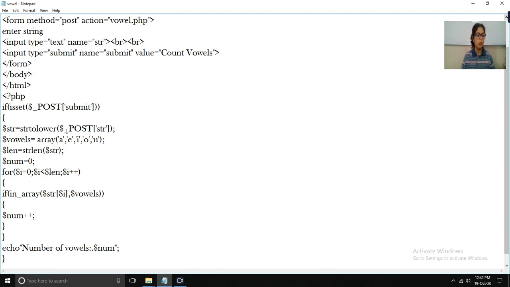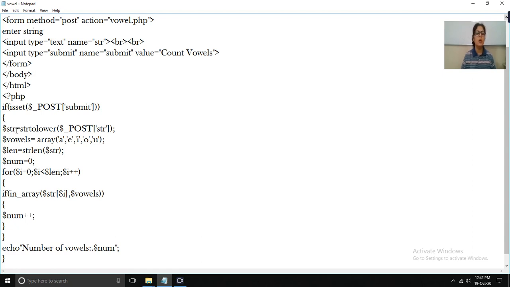So strtolower, inside the bracket there is dollar symbol, underscore, POST, string. This statement will convert the value of the string into lowercase and transfer the value into str. Again this is a variable, so it starts with a dollar symbol.